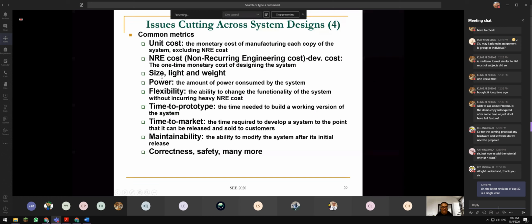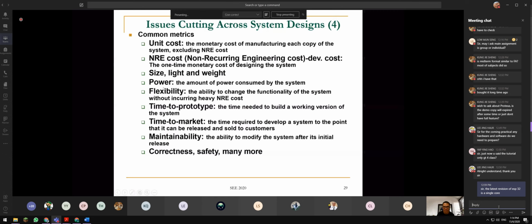Okay, of course, size, whether it's the weight, it's all considered in your design. This is the external outlook. You don't want your handphone small but 10 kilo. We don't want this, correct? We want light, we want tiny size, I don't know, cute. Okay, I'm not sure. Okay, some say bigger size is better, the screen is bigger, it's nicer, so it's up to the user. The power, the amount of power consumed by the system.